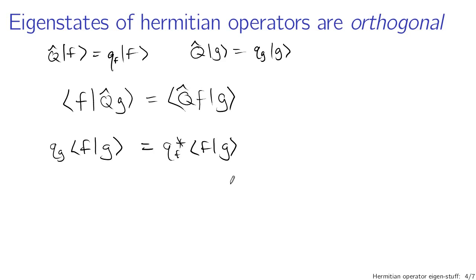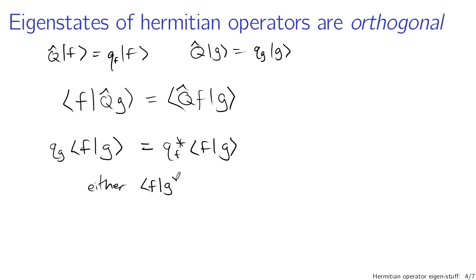The problem that we run into is that we have a failure of our inequality here. And the inequality that fails if I divide these things out, if qg is different than qf, then I have a contradiction. The contradiction is that f and g don't have non-zero inner product. If f and g have zero inner product, I can't just divide it out because I'm dividing both sides of my equation by zero. So what we can conclude from this expression is that either